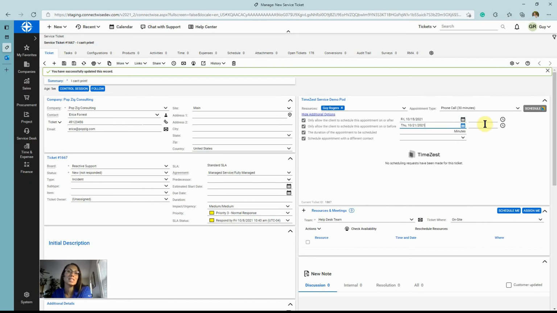You can also use the time limits to schedule this during the desired time of day. So let's say you want to do this between 8 and 10 a.m. You can then put in the time limits and it will only show availability between those hours. This can also be leveraged to schedule after hours appointments. So if I put 6 to 9 p.m., it will override my business hours and allow the client to schedule